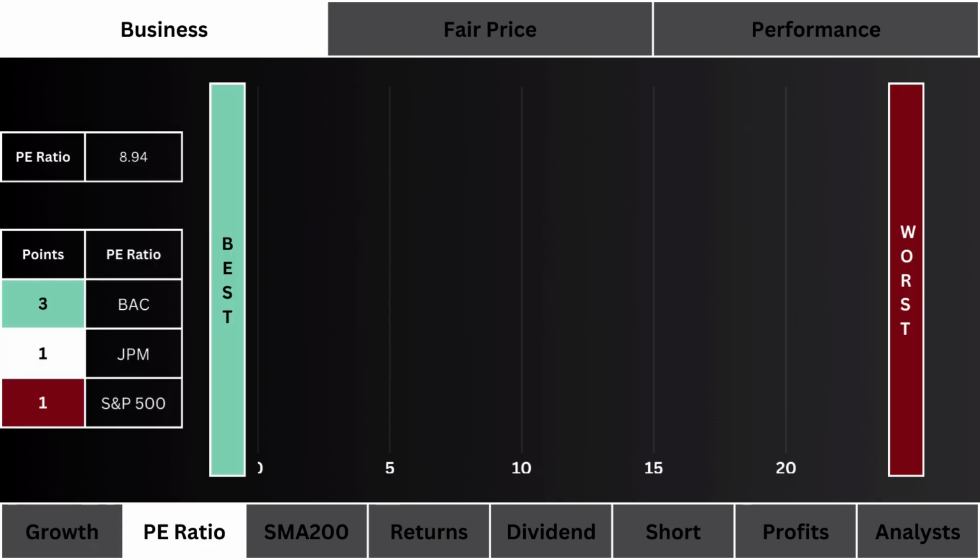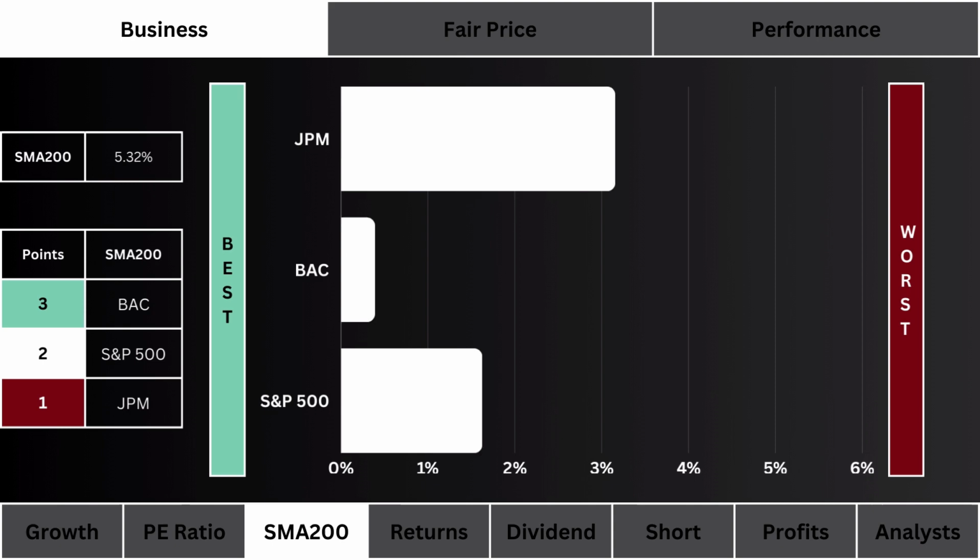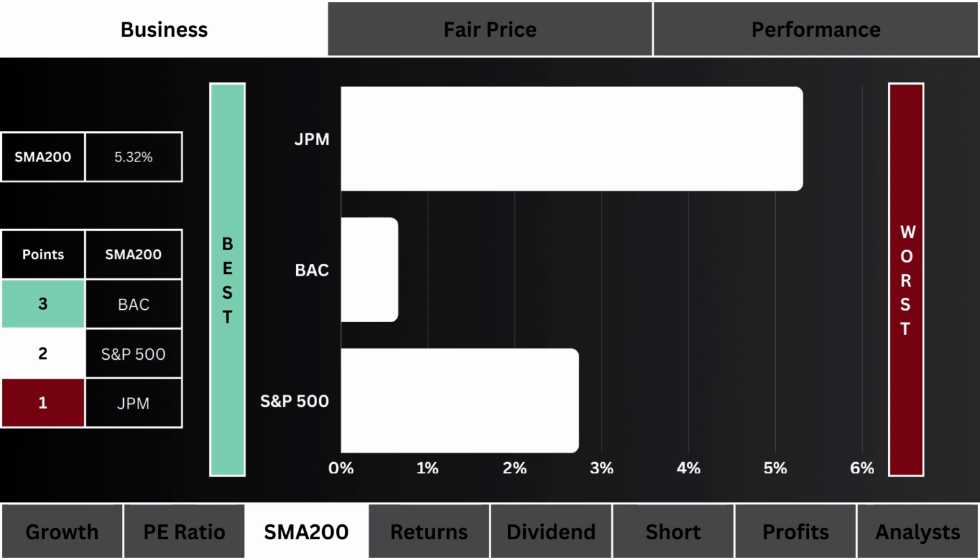For PE ratio, what you see here is the stock with the least amount of speculation around its price. We want to figure out which of the three is less overhyped by having the smallest PE ratio. The less, the better. For the 200-day moving average, what you see here is the stock that is trading lower